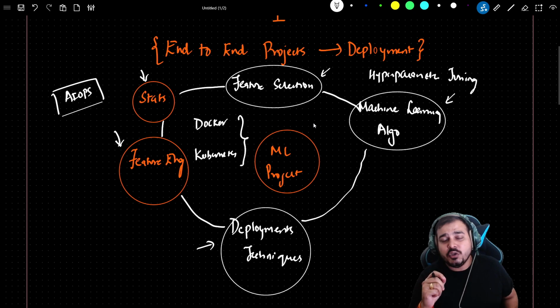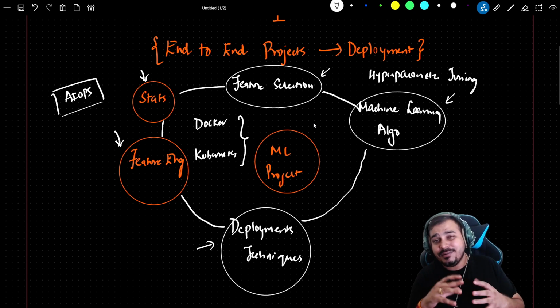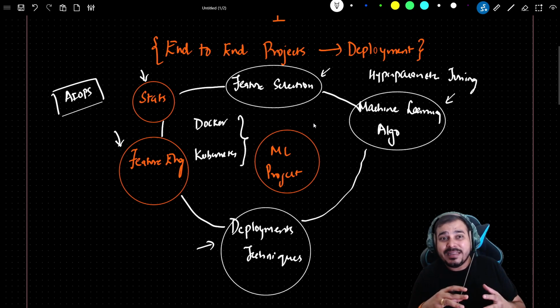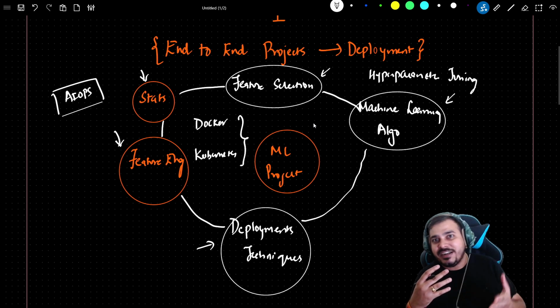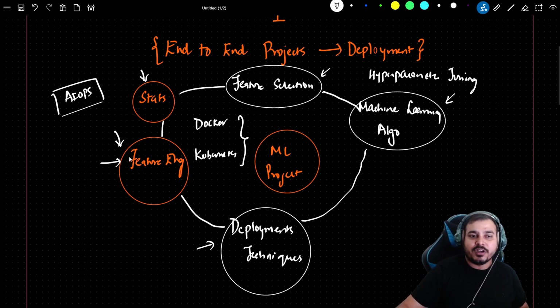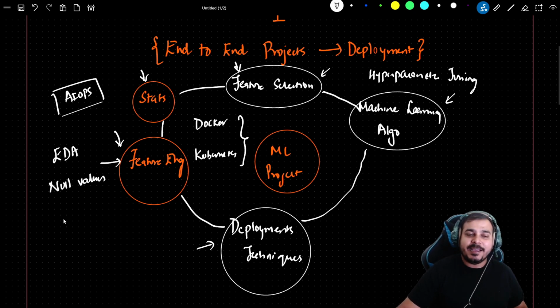The second thing is that you have the raw data, right? Probably the raw data will not be that clean. So you really need to focus on different techniques. In feature engineering, you really need to focus. In feature selection, you need to focus, right? In feature engineering, there will be techniques like EDA. There you'll be handling null values, missing values, and different ways of handling the categorical variables. Okay, categorical variables.